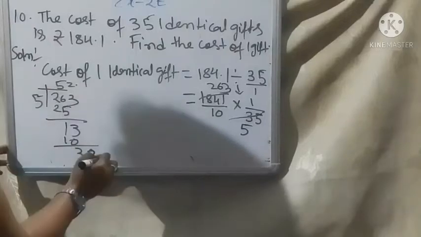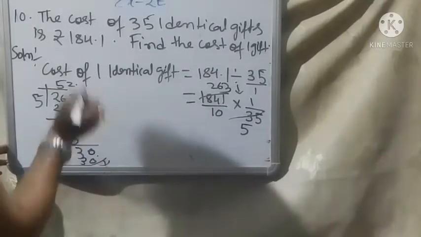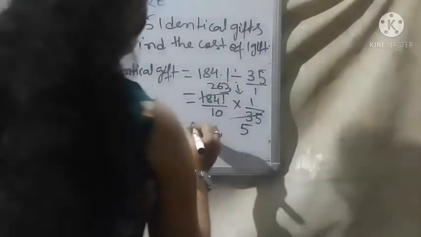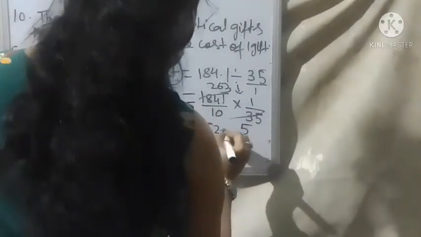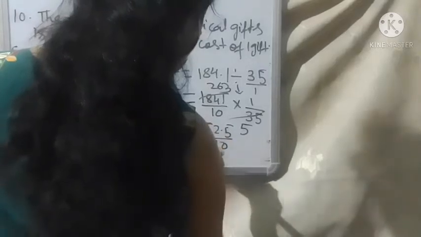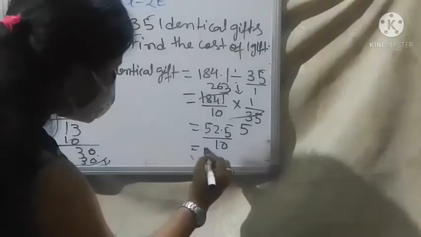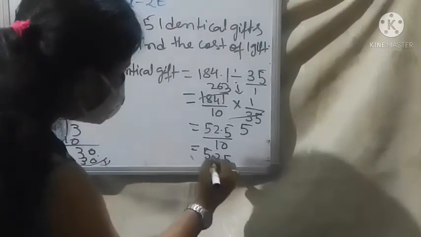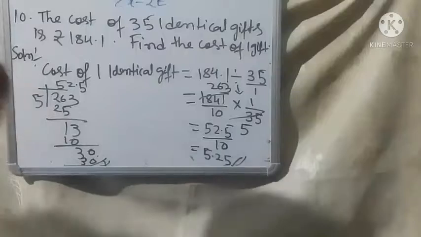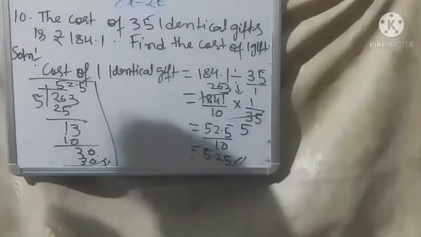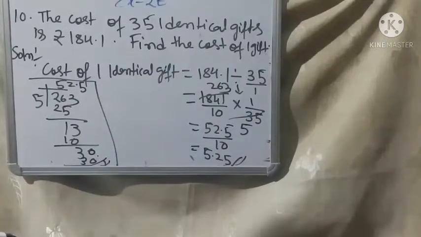As soon as you give the point, here you can add 1 zero. Now 52.5 is your answer. 52.5. If you are dividing by 10, now you will shift the decimal point again one more digit. Instead of here, you will put here. Okay, understood? I hope you have understood. And this is your rough work. You can write it also for the concept.